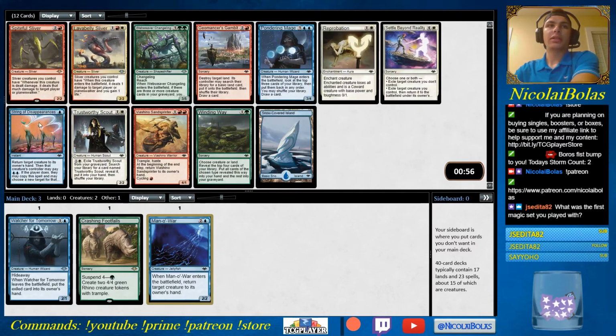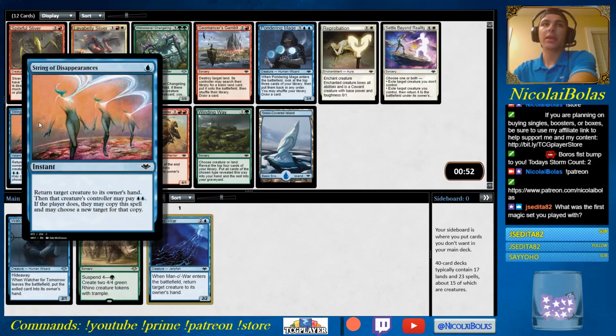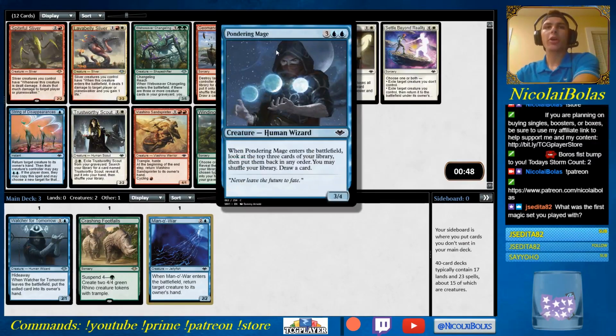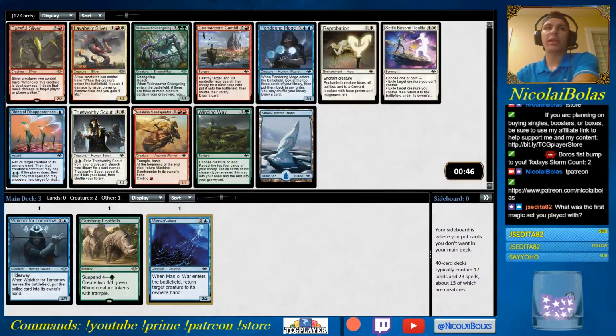And now there is a String of Disappearances. Another cheap interactive spell is exactly where I want to be. It solidifies me into one color. It keeps me blue. Pondering Mage is a powerful card, but I think 5 drops are way more replaceable than the cheap removal interactive spells. And I definitely want to take a blue card here because I don't have a real reason to move